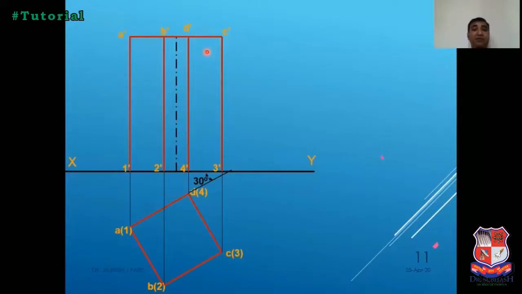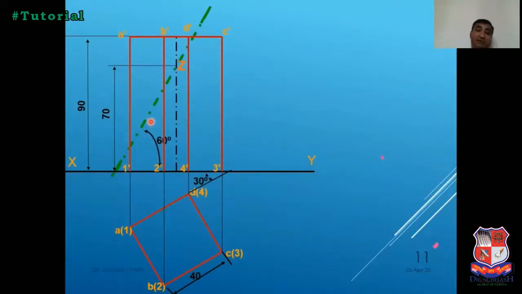Okay, now it is cut by an auxiliary inclined plane. So the side is 45 mm and its height is 90 mm. Now the cutting plane passes at a distance of 70 mm from its base. Okay, at this point check a cutting plane. This green line shows the cutting plane, and it is inclined with HP at 60 degrees, and it is passing at 70 mm from the base, through its axis.